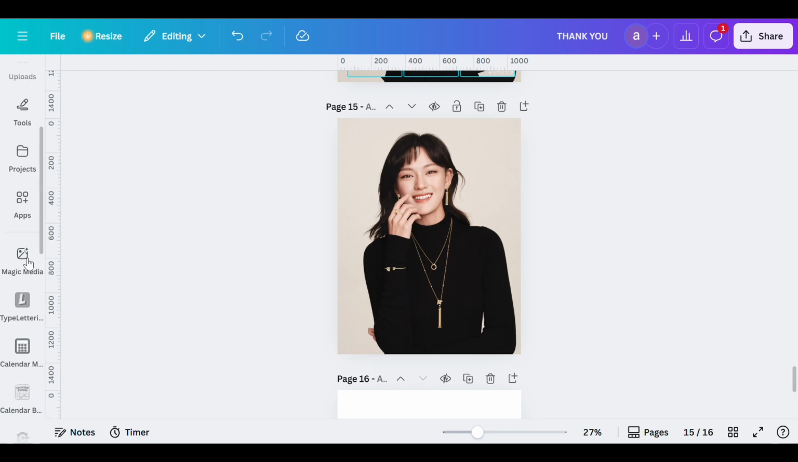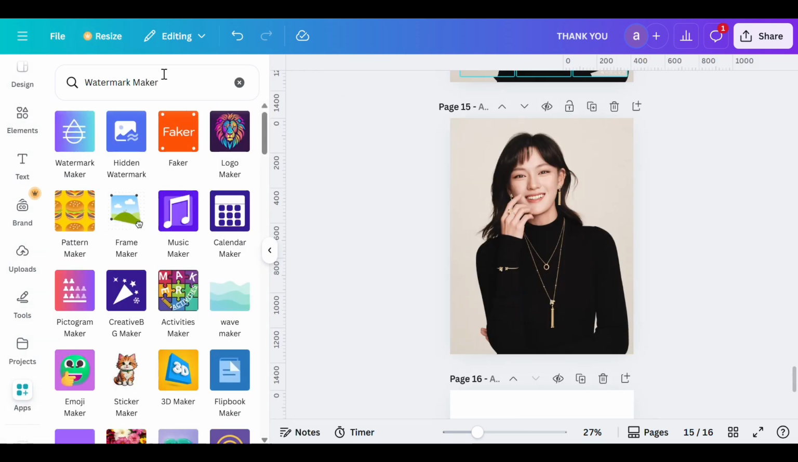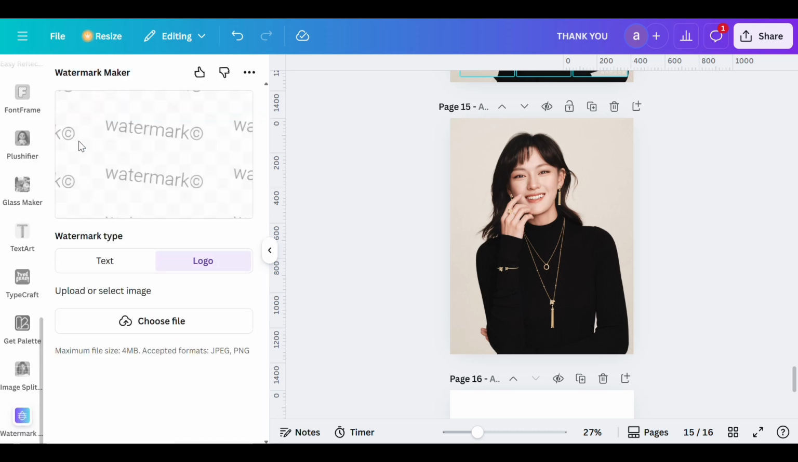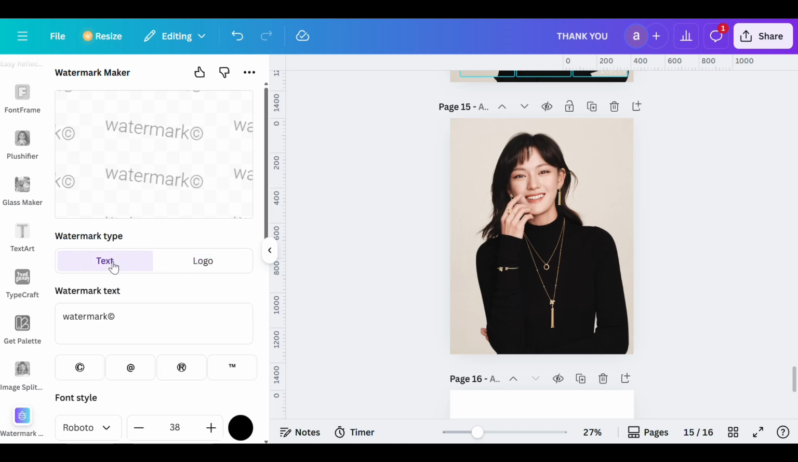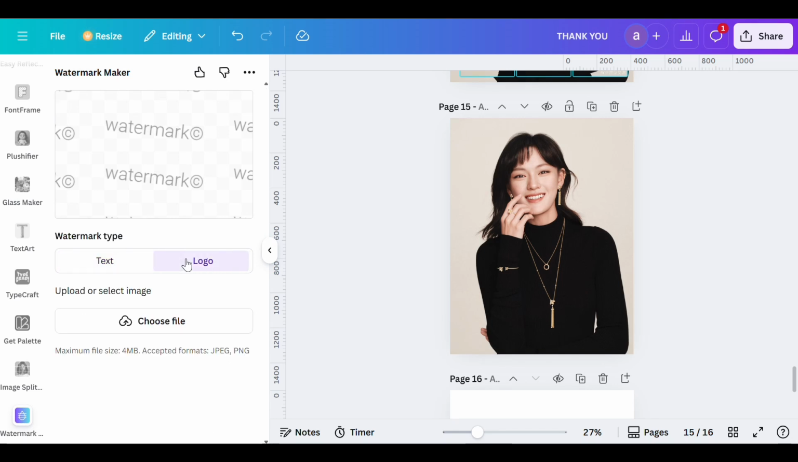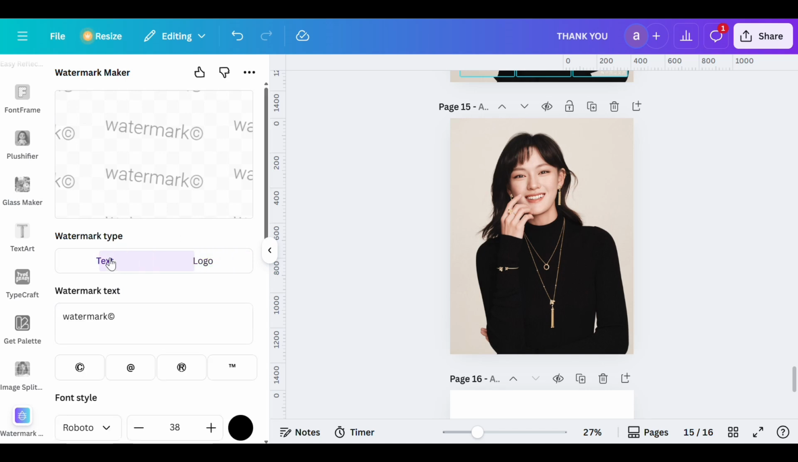go to Apps, and then search for the Watermark Maker, and then choose this app. Over here you can choose the watermark type that you like, for example, logo or text. If you want to make a watermark from a logo, just simply tap your logo image over here. And if you want to make a text watermark, just type your watermark text over here, for example,